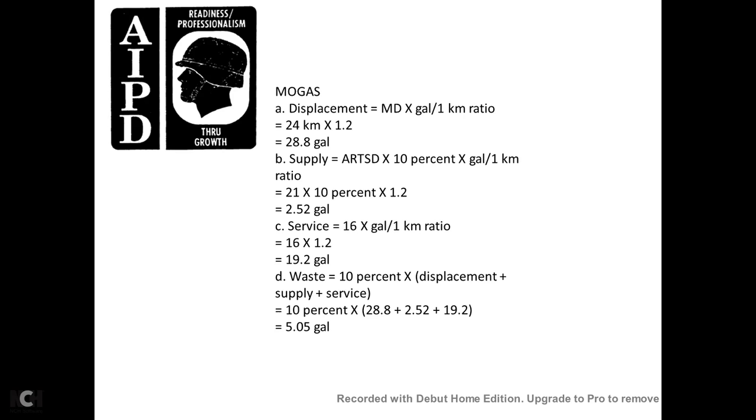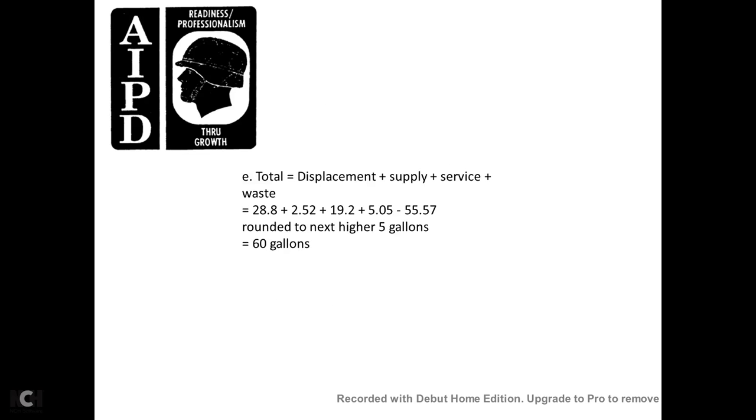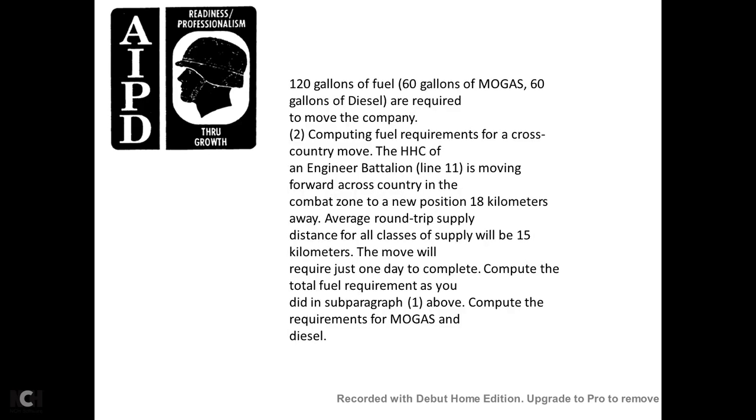The waste is 10% of displacement, supply and service: 10% times (28.8 plus 2.52 plus 19.2) equals 5.05 gallons. Total of displacement, supply, service and waste: 28.8 plus 2.52 plus 19.2 plus 5.05 equals 55.57. Rounded to the next higher 5 gallons is 60 gallons. That is 120 gallons of fuel: 60 gallons of MO-gas and 60 gallons of diesel required to move the